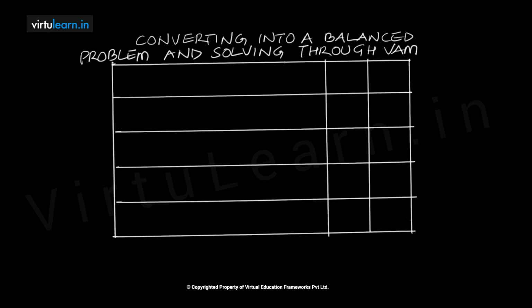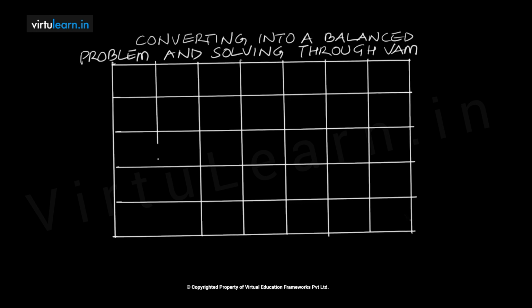If the highest penalty occurs for any row, that row has to be allocated. But there we have to see whichever is the lowest cost occurring, and there we have to make the allocation. And if the highest penalty occurs in a column, then we have to make allocation into that column wherever the lowest cost occurs. So here